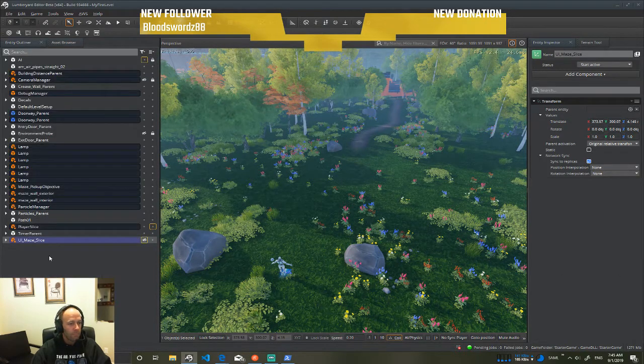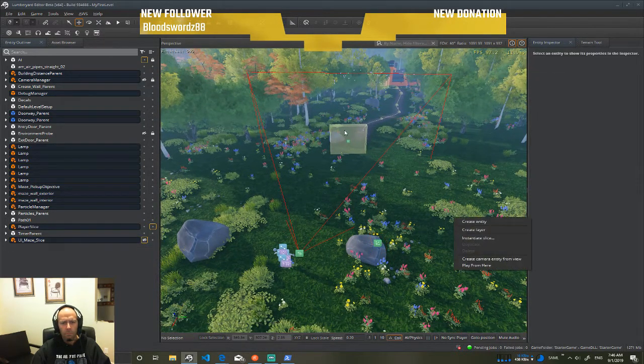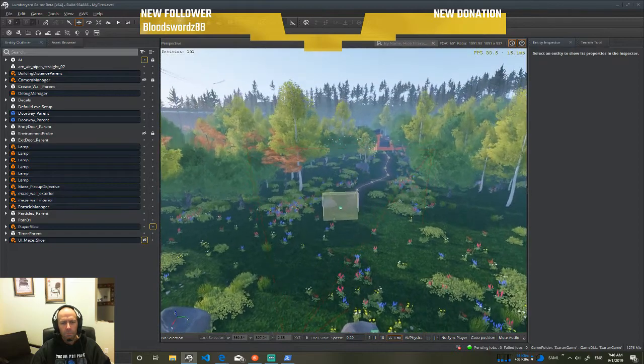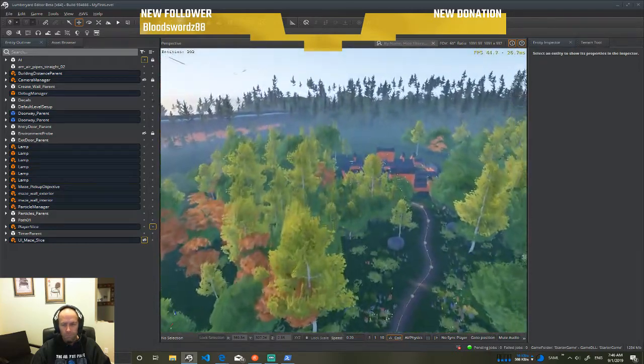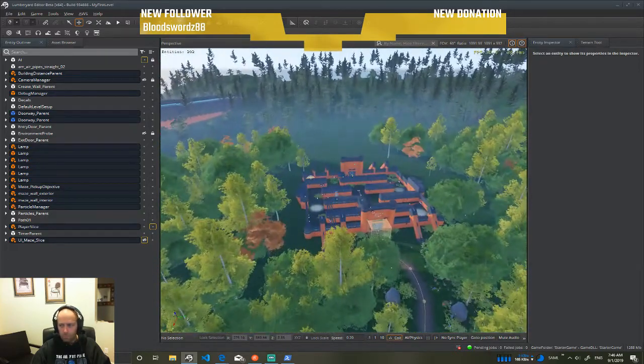Next, we'll need to align the slice correctly in the level. With the UI Maze Slice parent entity selected in the outliner, activate the helpers icon to make the entity icons for either Maze Wall Interior or Maze Wall Exterior slices appear. Click on the Align to Object button and align the UI Maze Slice with one of those parent entities. You may need to unlock the entity in order to get the Align to Object button to work. Next, let's move the title screen camera